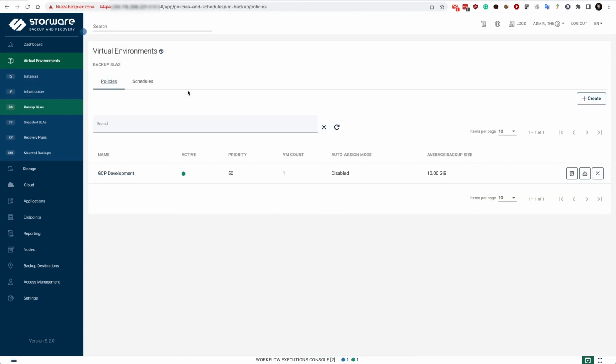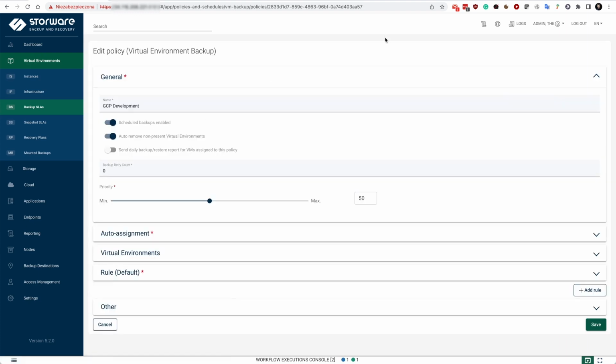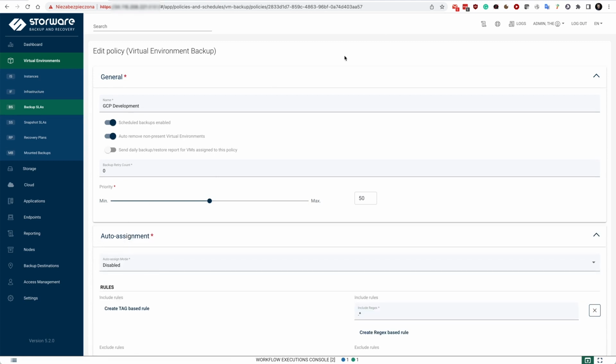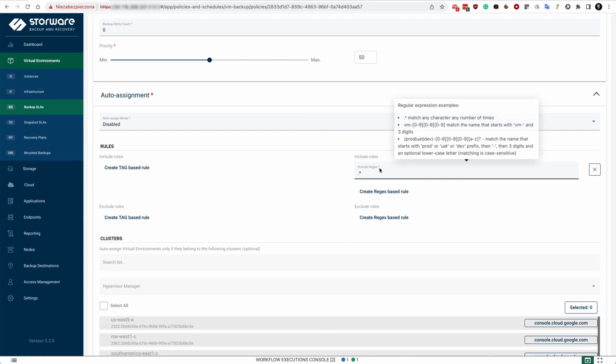Backup SLAs allow me to automate this process. I don't want to click the same backups manually all the time. I obviously want to have it scheduled. So in the auto assignment section, I'm able to automatically create rules based on, in this case, a naming convention. So I have a regular expression that basically